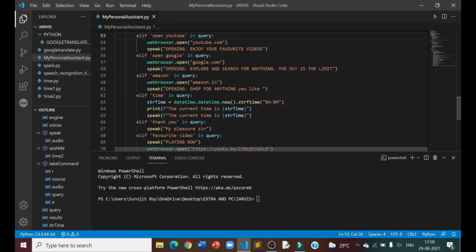It is the open function. It works through the web browser module. So for example, I require apps like YouTube, Google, and Amazon on a day-to-day basis, and I'm tired of opening them again and again through Google. By typing them, I can just say open YouTube, open Google, and open Amazon on my personal assistant. Wouldn't that be interesting? Let's see, the code is pretty easy. Together, it is only 9 lines of code. So, let's see the code.